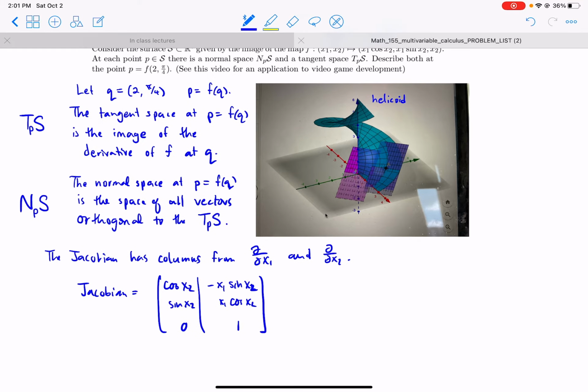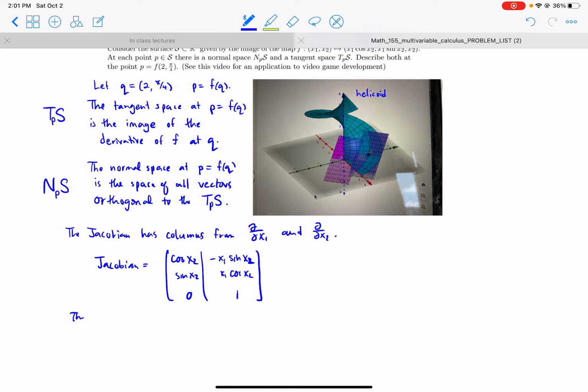And now I can create the derivative. So I'll say the derivative is a linear map, well, the derivative where? The derivative of f at the point q equals (2, pi over 4), that was q, is the linear map. So now I have to write down a map, okay? The input space is R2, so I need V1 and V2, and I'll send those two real numbers to a new point, which is